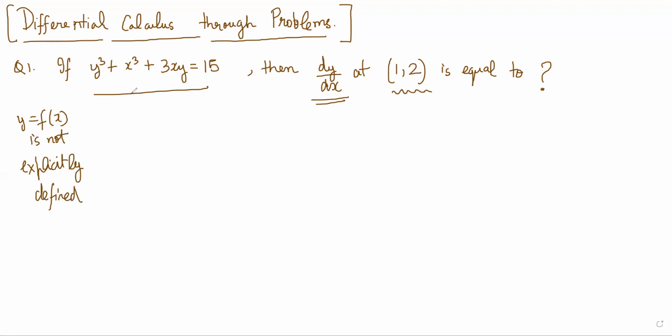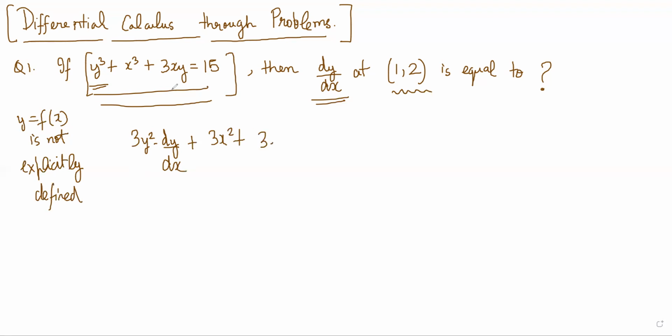So implicit differentiation means there is a relation and you have to find dy/dx, but there is no direct y = f(x), right? So the method is still the same, just differentiate both sides. If you differentiate y^3, you'll get 3y^2 into dy/dx. Don't make the mistake of saying that this is just 3y^2 because y is a function of x. So it is a chain rule actually, and it's 3y^2 into dy/dx